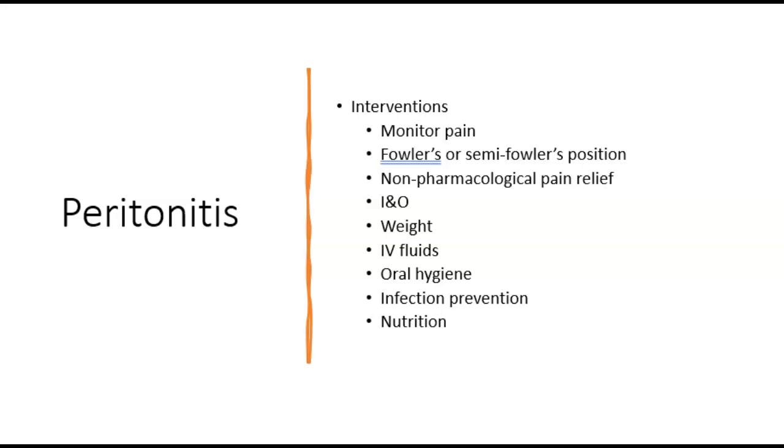Non-pharmacological pain relief measures such as massage and guided imagery. Maintain accurate I's and O's. You should report if the urine output is less than 30 mLs per hour, which can indicate decreased cardiac output and renal dysfunction. Weigh the patient daily, measure the drainage output, monitor IV fluids, provide frequent oral hygiene because they